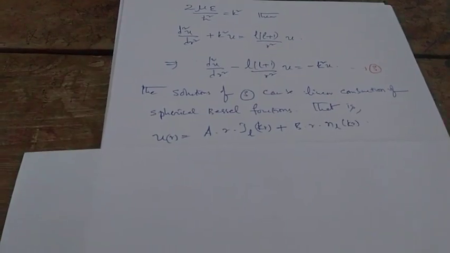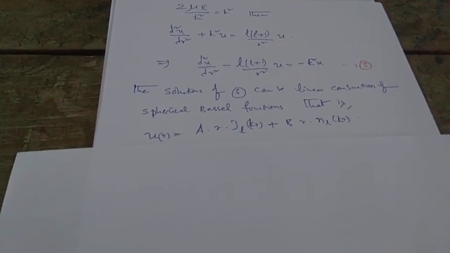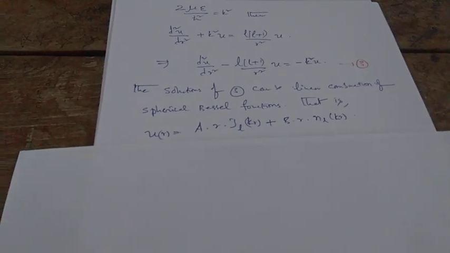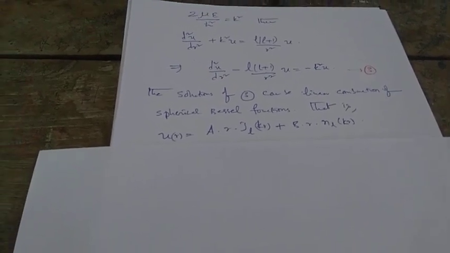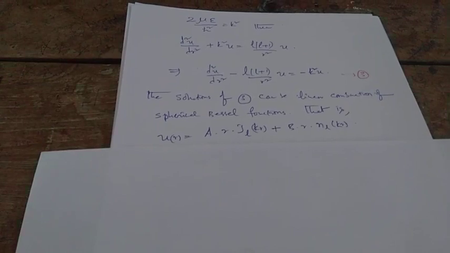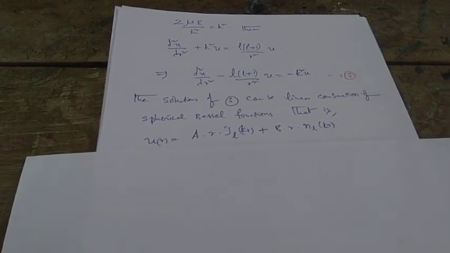So if you bring the L term towards the left hand side, and send the U term towards the right hand side, then we can rearrange this differential equation as equation number 3. This is actually the equation for spherical Bessel functions. So the solution for this differential equation number 3 can be a linear combination of spherical Bessel functions j_l and n_l